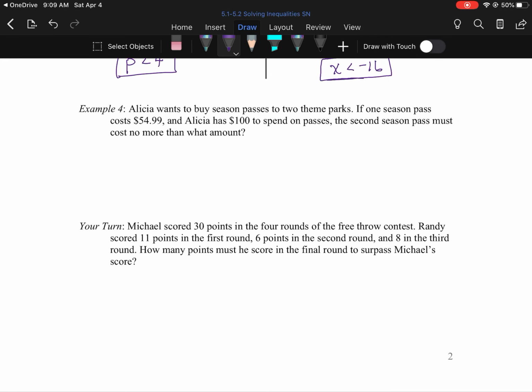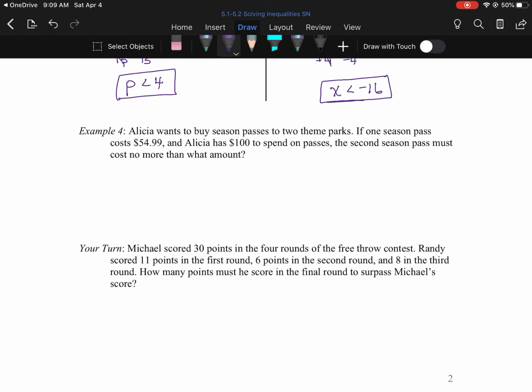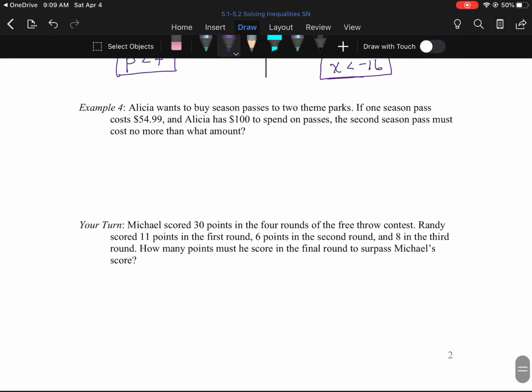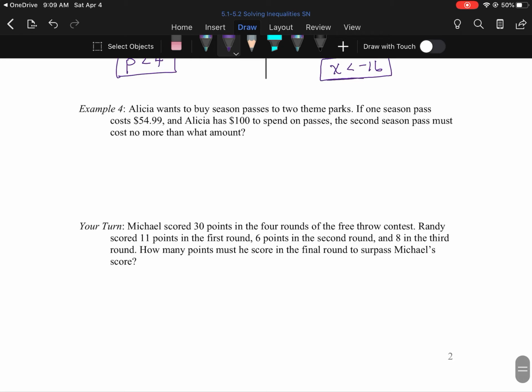All right, last example. It says Alicia wants to buy season passes to 2 theme parks. If one season pass costs $54.99 and Alicia has $100 to spend on the passes, the second season pass must cost no more than what amount? So let's think about this. She wants to go to 2 different theme parks and she has $100 to spend. So we're going to have the cost for park 1 plus the cost for park 2,